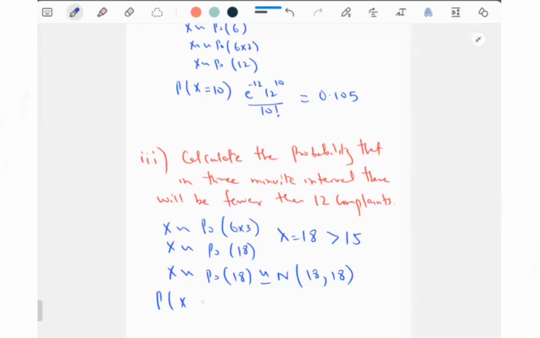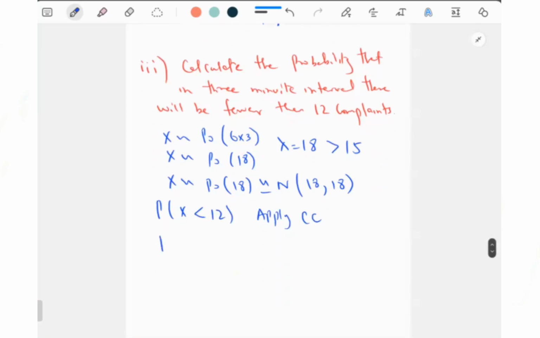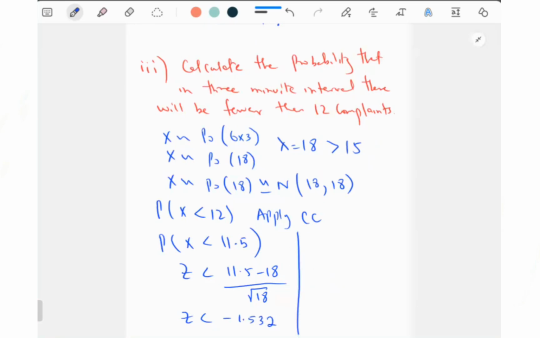हमें चाहिए probability of x is less than 12. Apply continuity correction. So probability of x is less than 11.5. So z will be 11.5 minus 18 upon under root of 18, negative 1.532, which is 1 minus phi of 1.532. Z table read करें, phi of 1.532 बताएं, 0.9372,